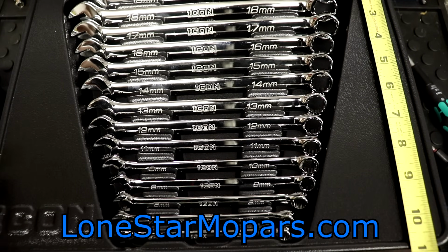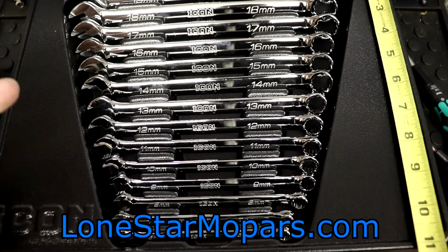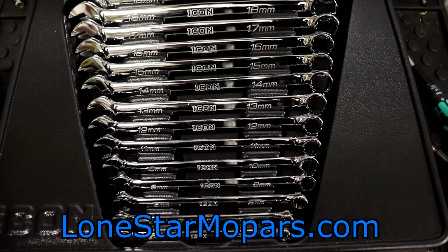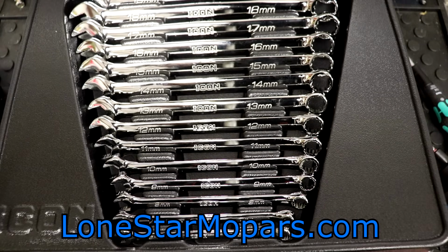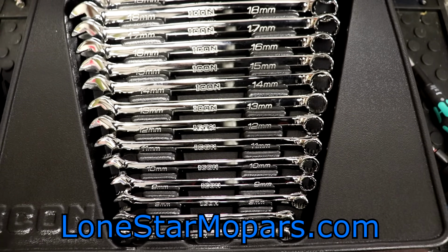The other one was dead on 12. This is about 11, again a half inch on both sides. The height, it might actually be a little, it is. I'd say it's about 1.5 inches instead of 2 inches. So